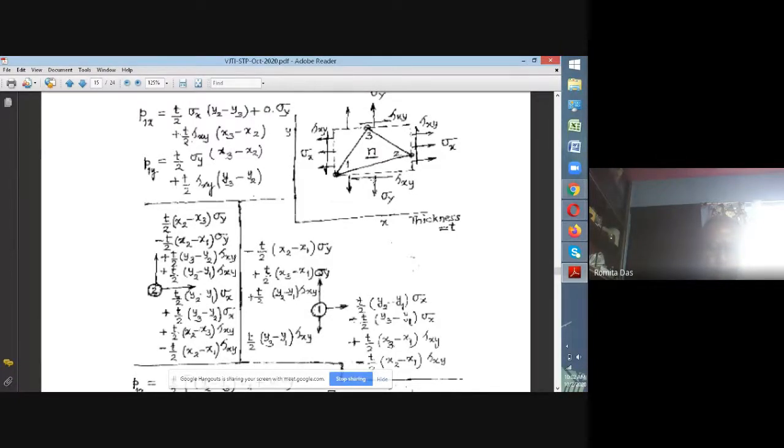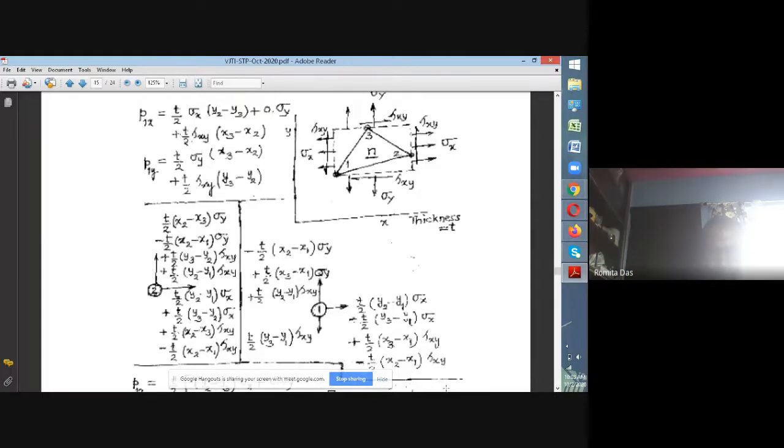Therefore, I would like to put half of that load at this node, and half of this load at this node. So it is (x2 minus x1) tau xy divided by 2, half of the load which comes up because of the shear stress. So we have taken care of this